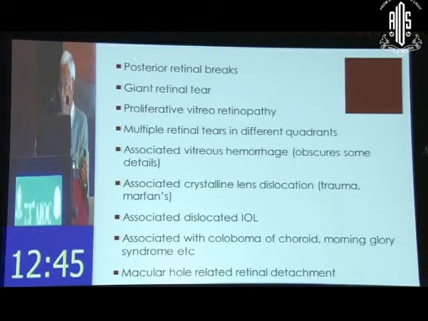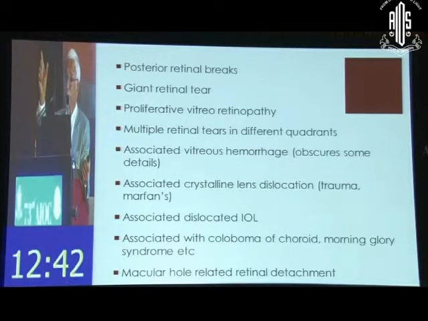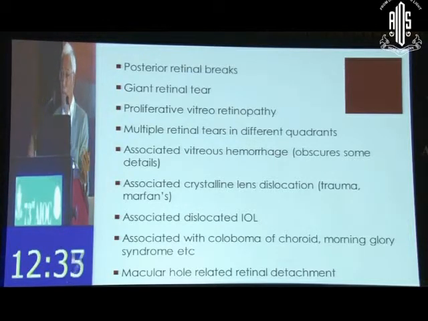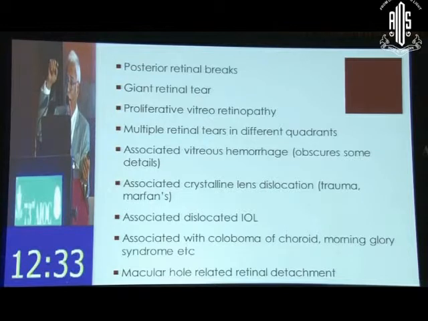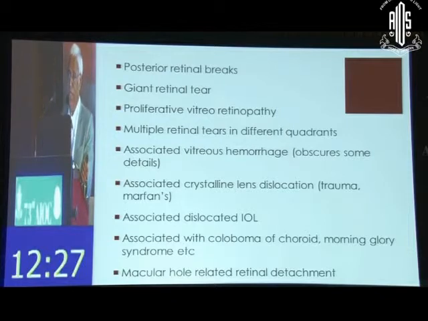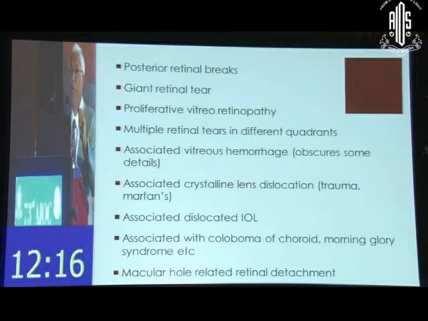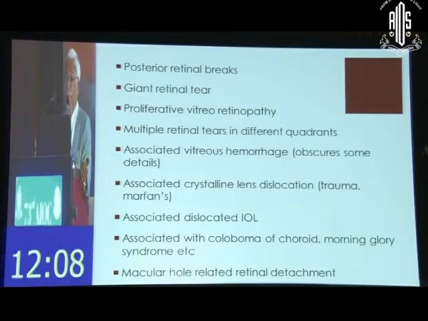A giant retinal tear, you do vitrectomy, because anything beyond 30 degrees of circumferential extent, the retina tends to fold back or fall back or sag down. So the centralmost part of the 30-degree tear will be located much more posteriorly than the two limits of the tear. That's called sagging. So because of the sagging, a buckle which looks adequate to you is not adequate sometimes. So you have to put an unnecessarily broad buckle to cover a sagging break. So any break which is more than 30 degrees, which is 1 clock hour, you may sometimes prefer to do a vitrectomy rather than doing a buckle. Giant retinal tear, of course, is beyond 90 degrees. You obviously do a vitrectomy.